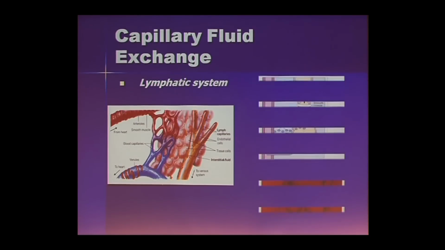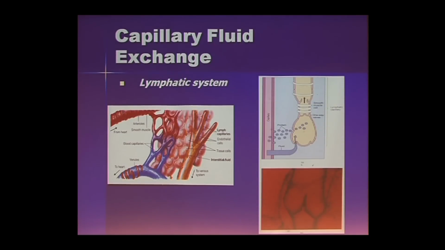But the lymphatic system takes care of that extra fluid that is not picked up by the capillaries and returns it back into the superior vena cava. I believe Betty was talking to you about it. And the lymphatic system is beautiful. This is one very nice cross-sectional microscopic picture of a single lymph vessel. You can see they have valves, and tiny smooth muscle cells that are like rings that squeeze and push lymph up towards the superior vena cava.